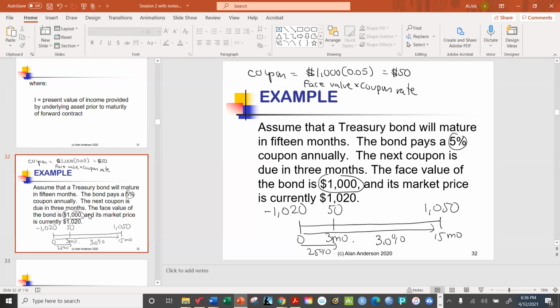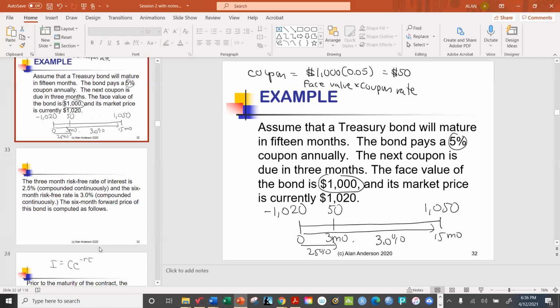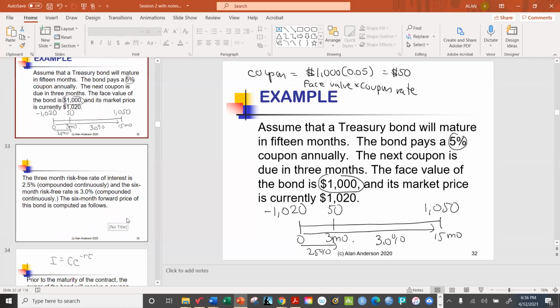Now we're told 2 different things, and actually this is on the next slide. The rate of interest that applies to the first 3 months here is 2.5% compounded continuously. The rate that applies for the next 15 months